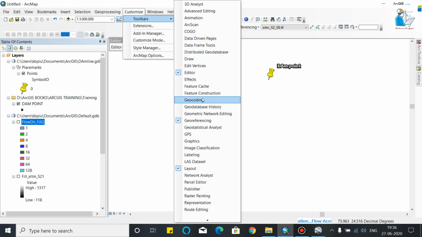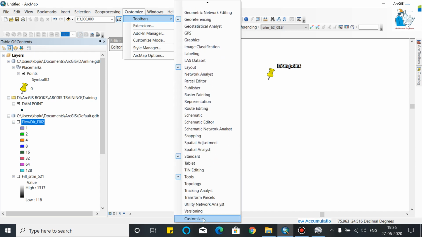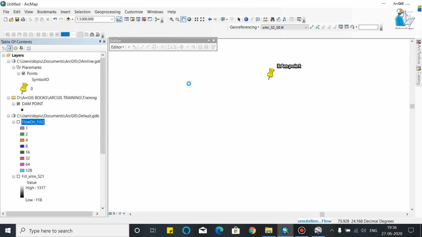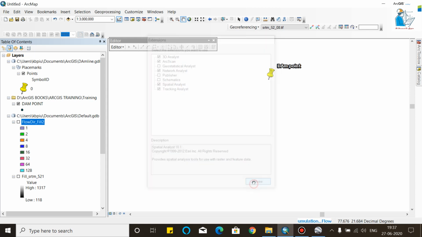In georeferencing you can georeference image classification. In extension you can add the different toolbars, systematic, publisher. Now I am using the Spatial Analyst, and mostly we will use the Spatial Analyst.